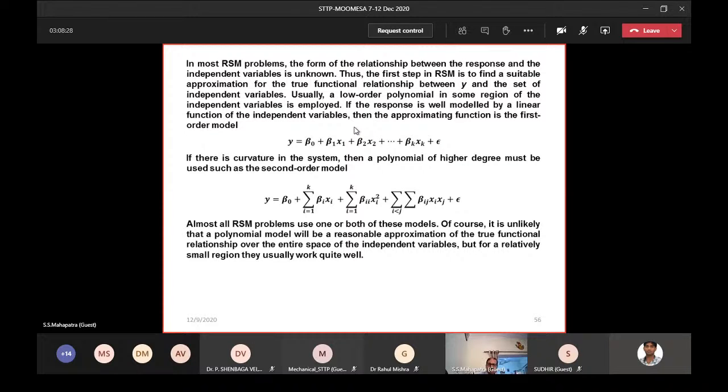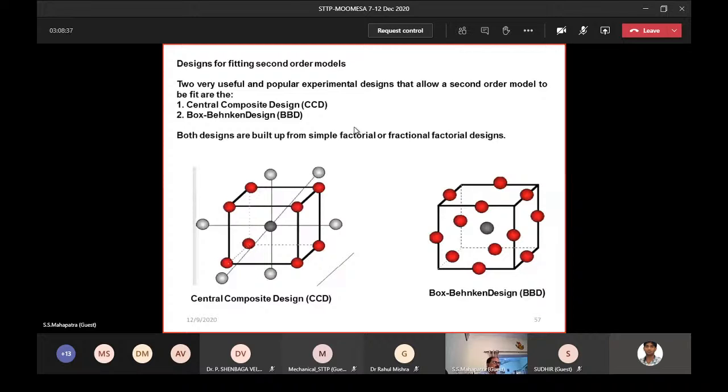And sometimes you use some design of experiment approaches like the Taguchi method or factorial designs, fractional factorial and full factorial design, or response surface methodology to conduct the experiment and develop the